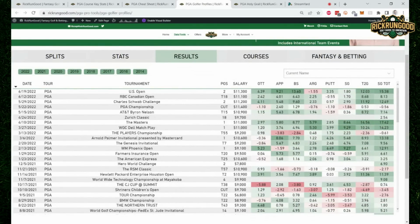It was actually a very good missed cut. He gained 2.4 strokes on approach. He just lost a little bit around the green, a little bit off the tee, a little bit with the putter. No real red flags there, and then he bounces right back with a runner-up finish at Colonial and a T18 at the